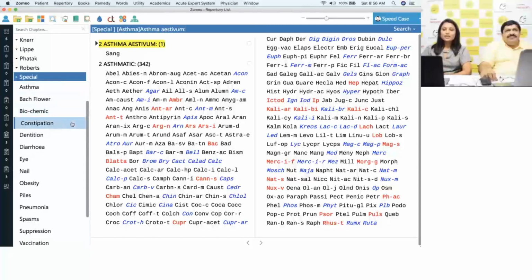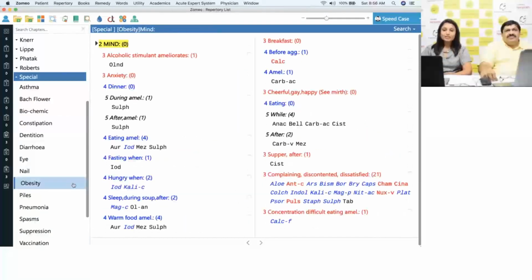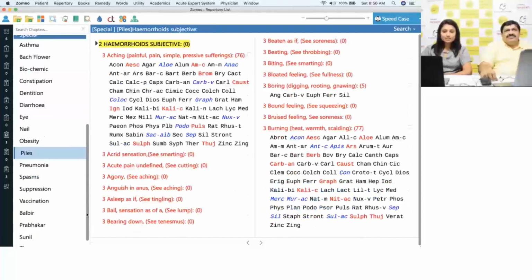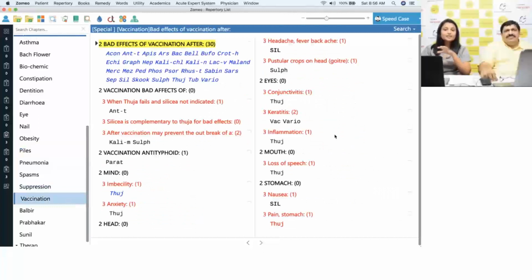We have a repertory on constipation. We have a repertory on obesity. We have a repertory on piles. We also have a repertory on vaccination. And this is one of my most favorite repertories. Yeah, because you treat children. So generally, when children come to the clinic with some problems that happen after a vaccine has been given,